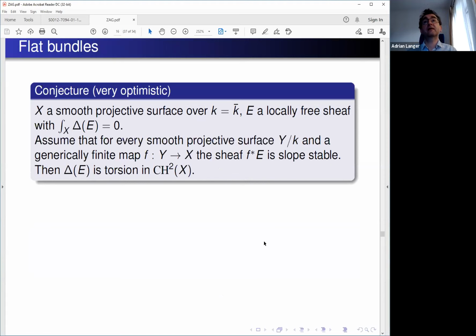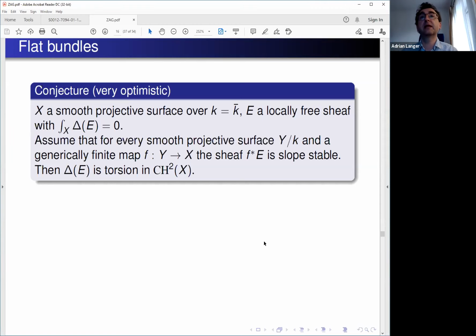Okay, so a very optimistic conjecture about Chern classes of, say, flat vector bundles on smooth complex projective surfaces would be that for every smooth projective surface, if we assume that the pullback of our bundle is still slope stable, when, say, the discriminant is torsion. And this is just the conjecture that I formulated in the surface case for simplicity, but